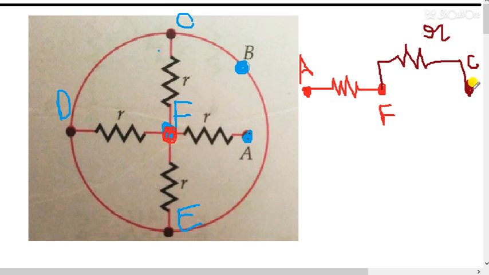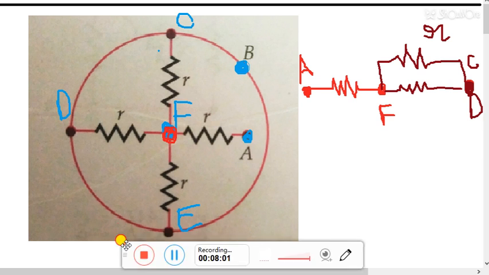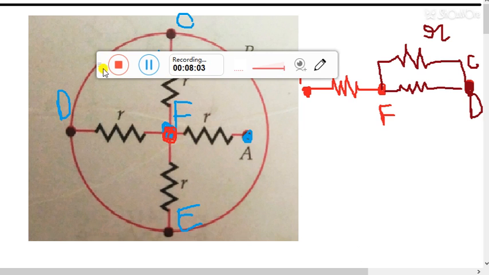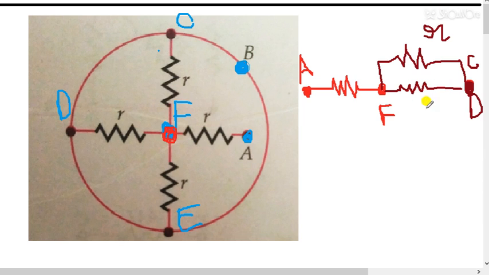Now C point has same potential as D point, so let's take it as D point. So there is a resistance between F and D. So in this way I have to connect a resistance. Okay, so this is the method that we have to follow. I will explain you. Okay, let me move the cursor. So now again consider it as a point E. So when you consider it as a point E, then this is the resistance again R between, so R, R and R.